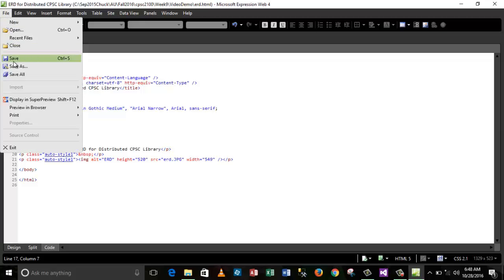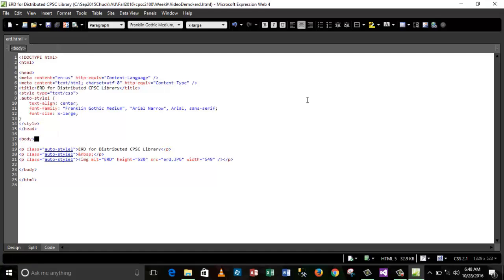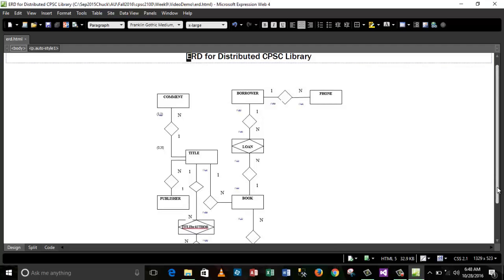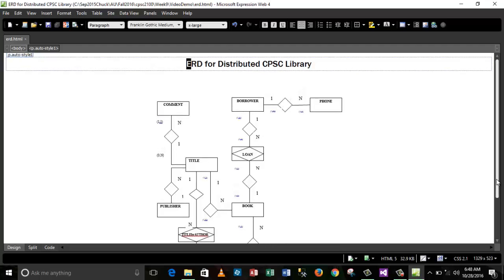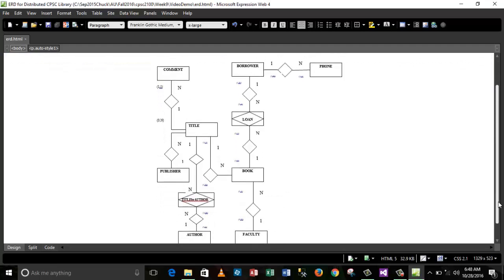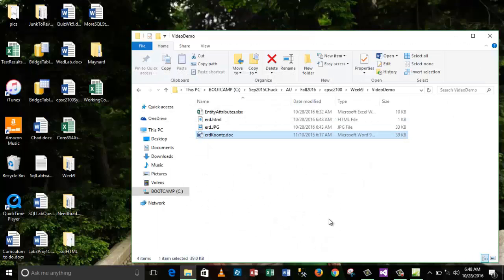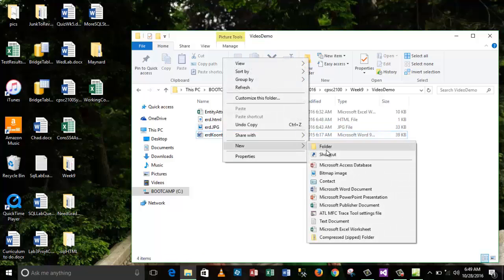And I'll do a save. And it has saved the file again. Alright, so at this point I've created the picture and the web page, and then what I want to do now is create these hyperlinks, but I need to go back into the folder and create yet another image here. Now, as I think about this, I think what I'm going to do is create a new folder,